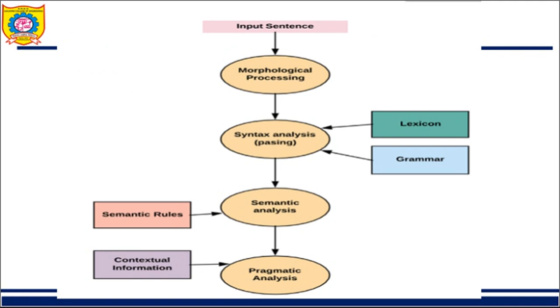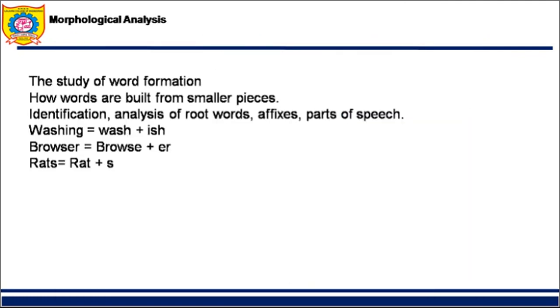So first of all, let us go to our first one, that is morphological analysis. What is morphological analysis? It is the study where individual words are analyzed into their components. Non-word tokens are separated from them. Now understand, I'll explain it in a simple format. A word is there, and it is divided into parts. In morphological analysis, what is done? A word is divided into parts.